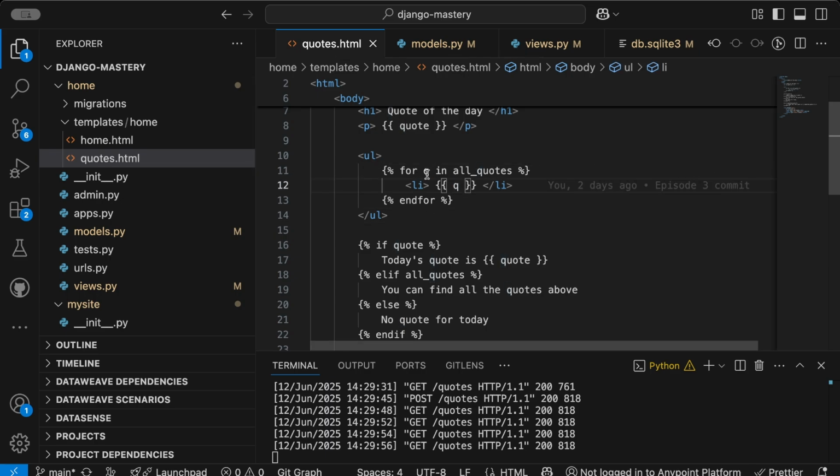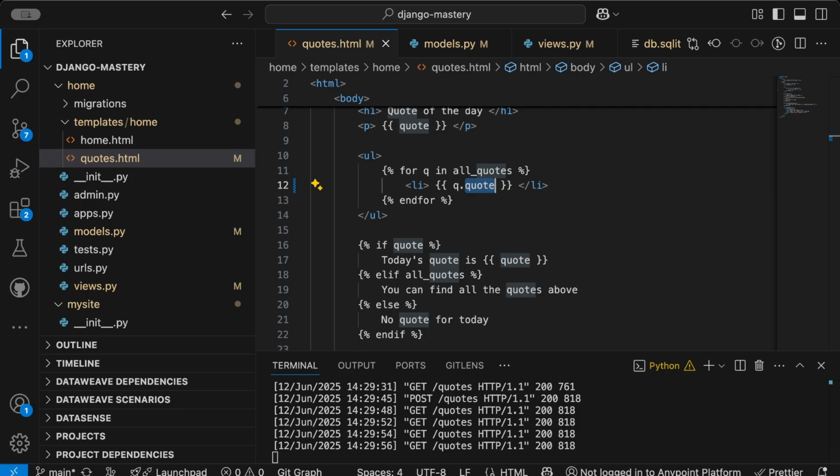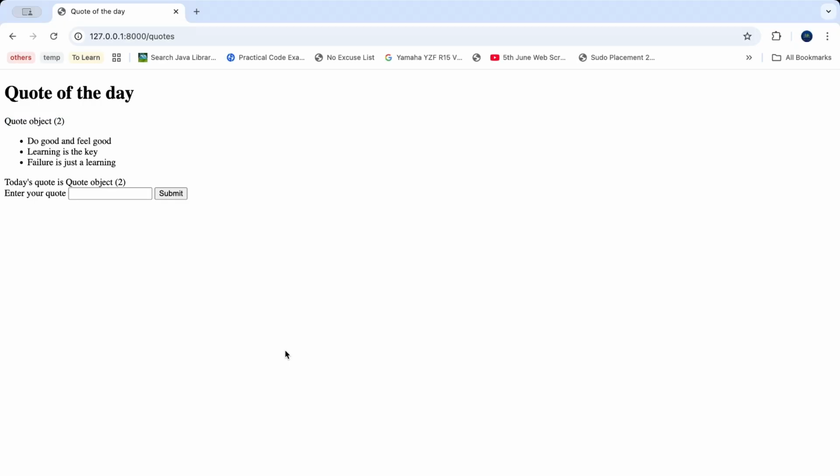The queue, this particular queue, is the complete table row in your data. You need to say queue.code. This is the field which I want to print. Now, if you go back to the browser and refresh the page, you will see